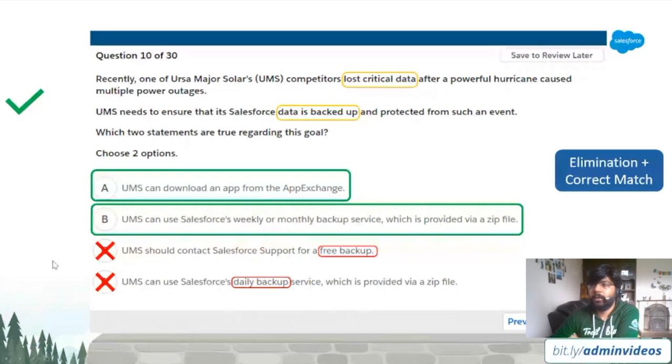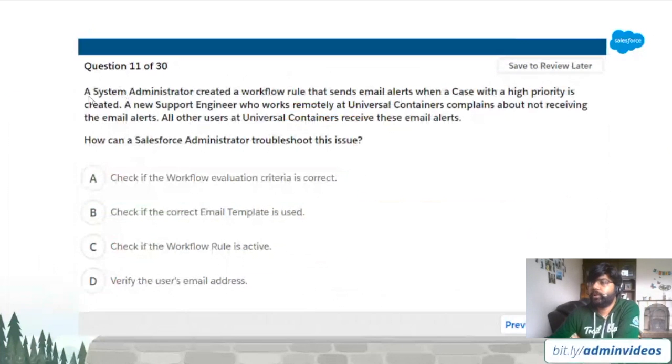Okay. Next question. A system administrator created a workflow rule that sends email alerts when a case with high priority is created. A new support engineer who works remotely at Universal Containers complains about not receiving the email alerts. So now somebody is not receiving the email. You have created a workflow rule alert, but somebody is not receiving. Not receiving is the keyword which we are trying to solve for, and that is only for one